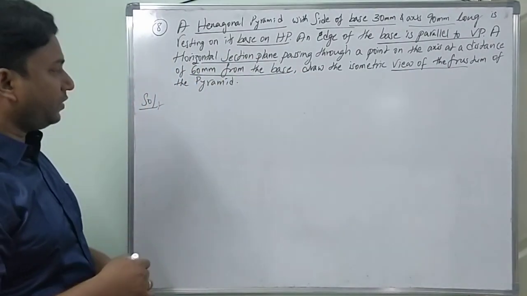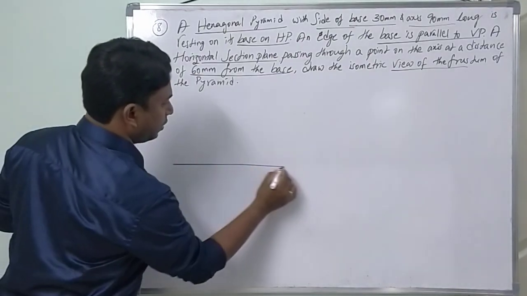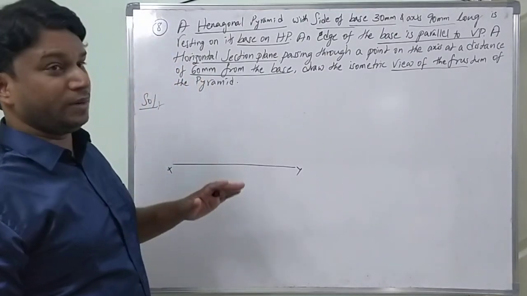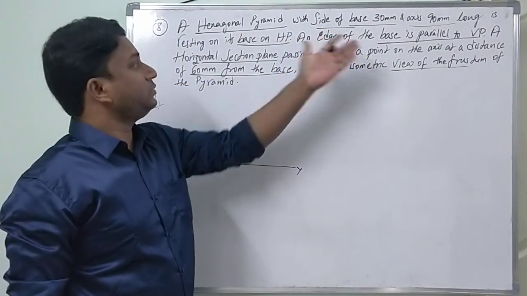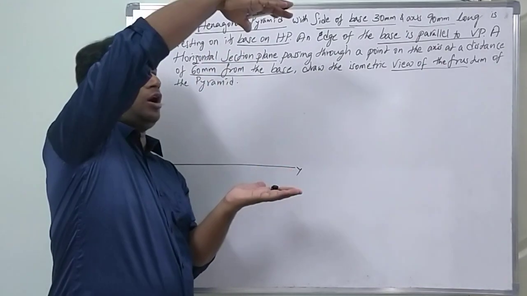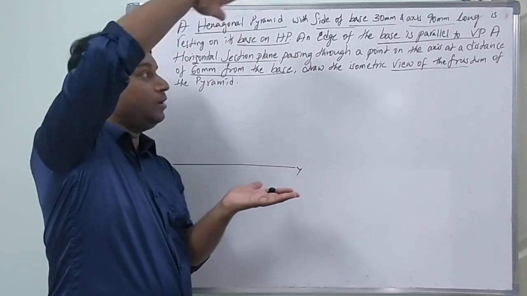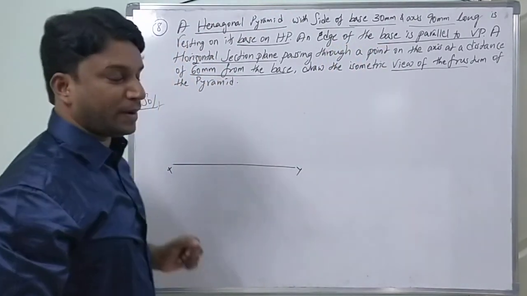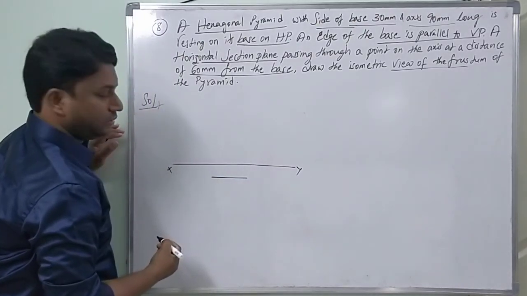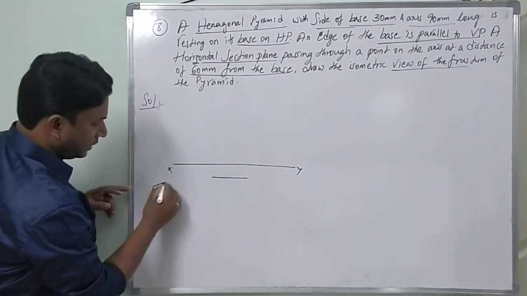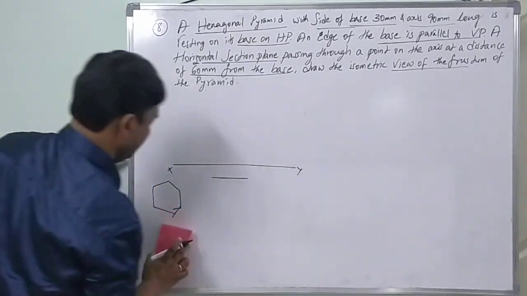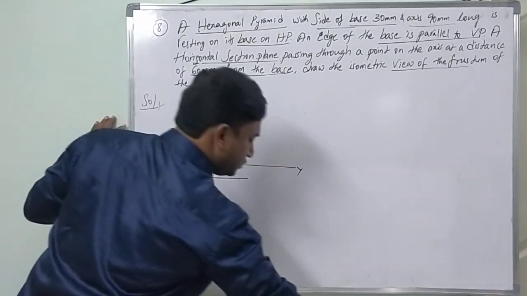So simple. First of all, we are supposed to draw its projections. XY line. Hexagonal pyramid, right, lying its base on HP. Lying its base on HP means in the top view you can see the true shape of the hexagon, provided by the condition that an edge of the base is parallel to VP. Parallel to VP means this one edge. If it is like this, it is perpendicular. We are supposed to follow the second one. These are the two things which you have to remember.